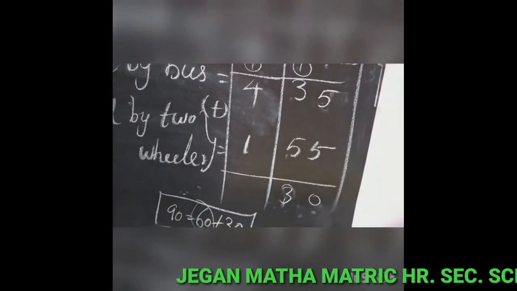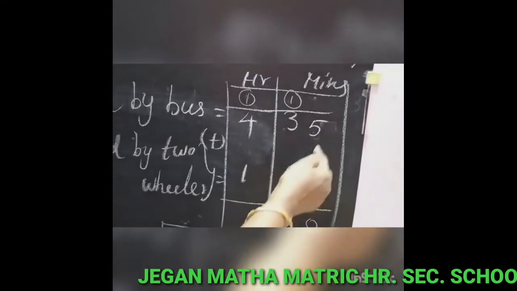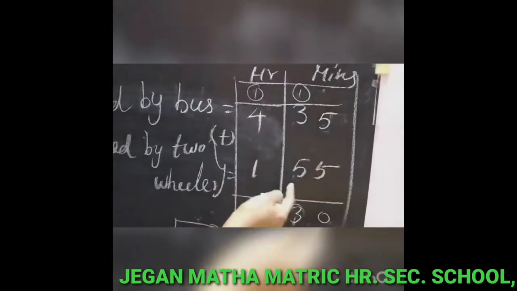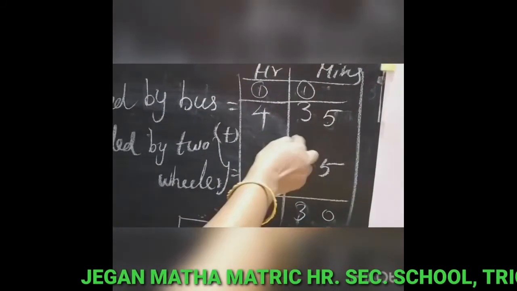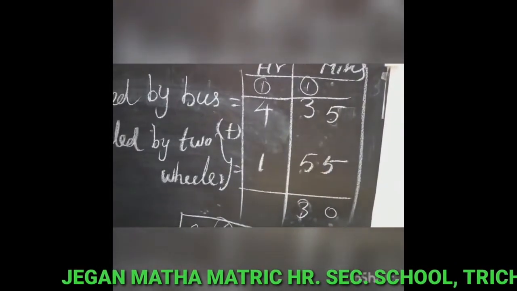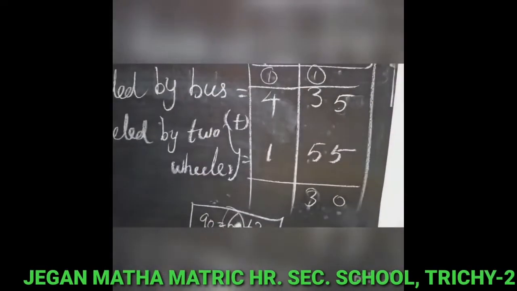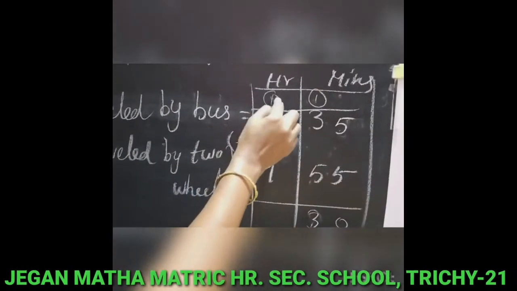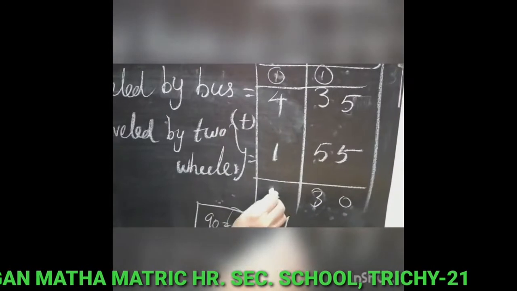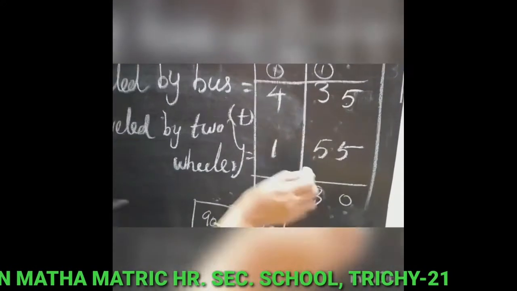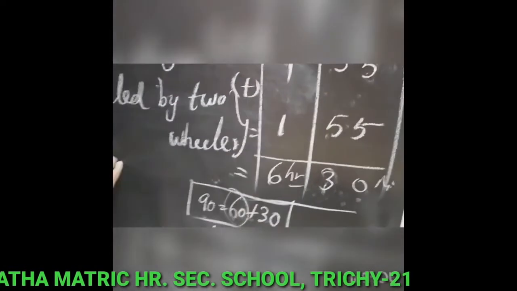Again I am telling you, just listen. First select the lower units, minutes only. Add this one, 5 plus 5, here 0, the balance 1. The total is 90 minutes. Split this into 60 plus 30. Convert the 60 minutes to 1 hour, and put that 1 hour in the hours place. Now add the hours place: 5, 1, 1. The answer is 6. 6 hours 30 minutes is the final answer. This is the total time.